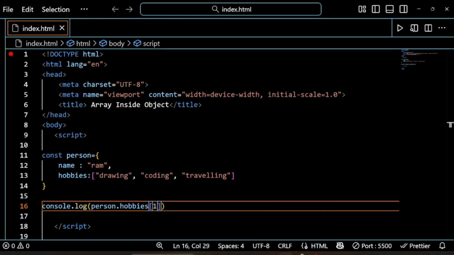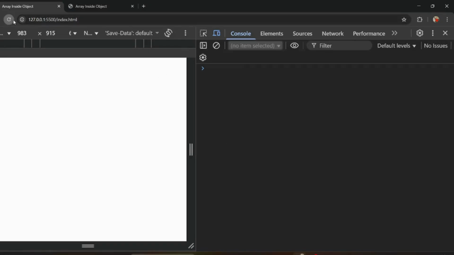This is how this actually works. Whenever we write person.hobbies, it gives us the array, and when we mention the index, it will give us the value. Like if I write person.hobbies and inside the square bracket I write 0, we can access the first value of the array. This is how array inside object works. Suppose if I change it into 2, all I'll get is traveling.